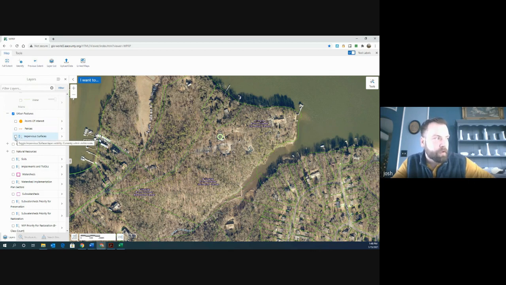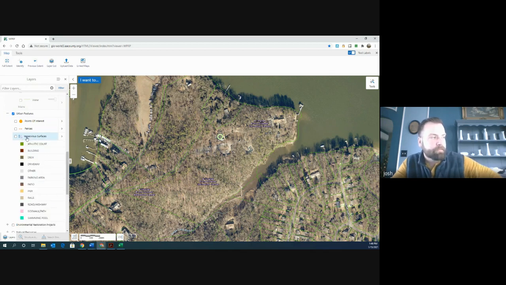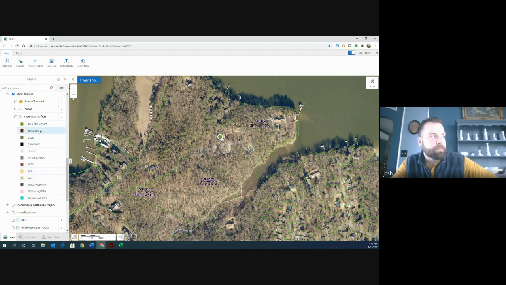So between the toggle and between the layer label, there's a little button here. And if I press this, you're going to see that a legend drops down. And you'll see that all of these guys relate to specific types of impervious surfaces that the county recognizes. So you can see that they all are kind of color coordinated, and you can then go ahead and turn